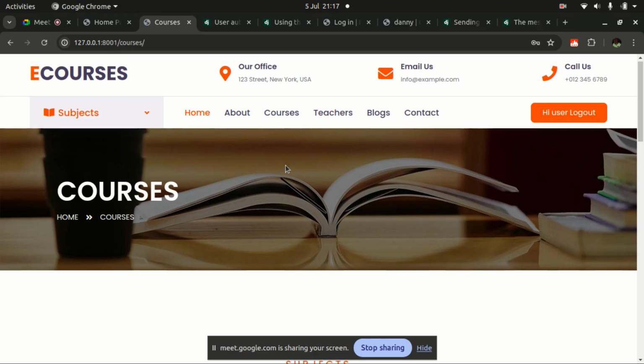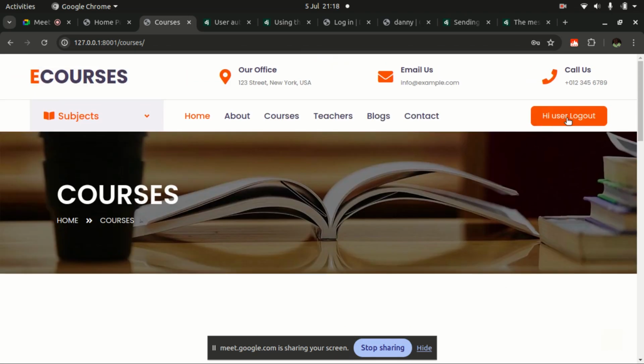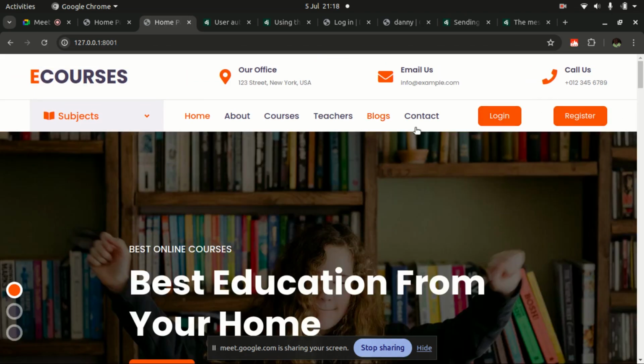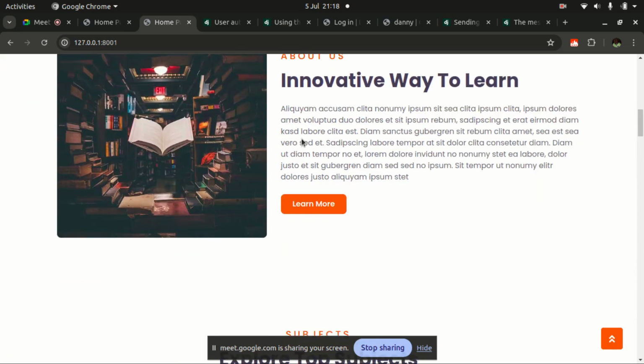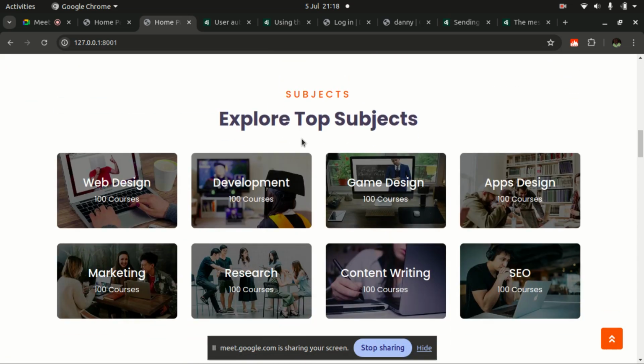At least for now we are able to log in, log out, register, and restrict some resources to only authenticated users. Authentication is another big topic, but what we are doing is introducing you to this topic, and I believe with the introduction you'll be able to handle other tasks that revolve around authentication. We will not stop here, we will take it further. Maybe in the coming session we will see how we can fetch more information